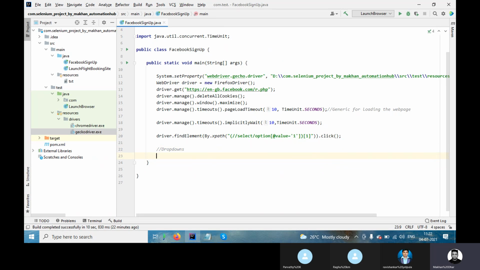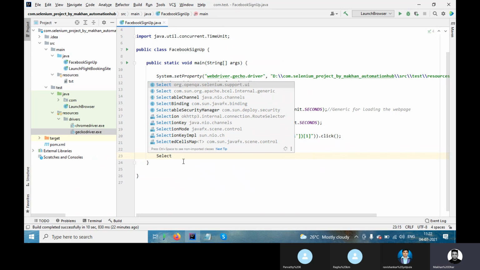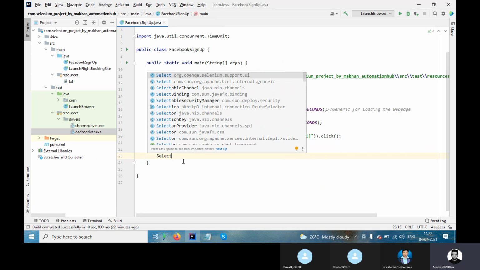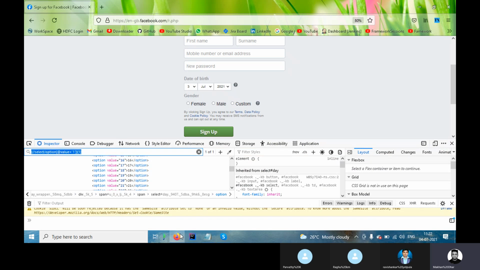There is a class called the select class. This is from Selenium only. Just type Select with the S in uppercase, and give a name, any name you can put as an object.